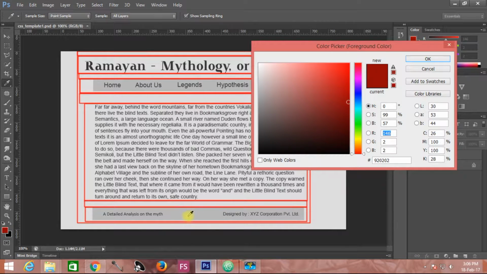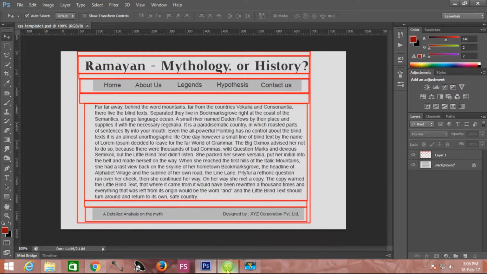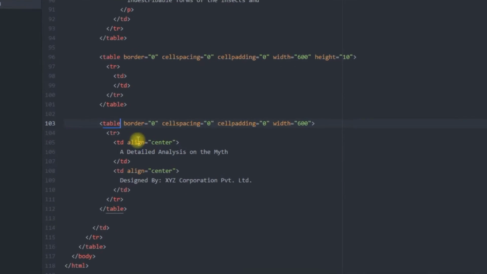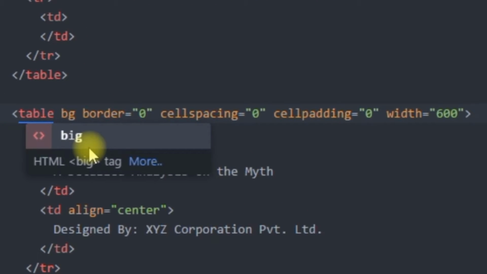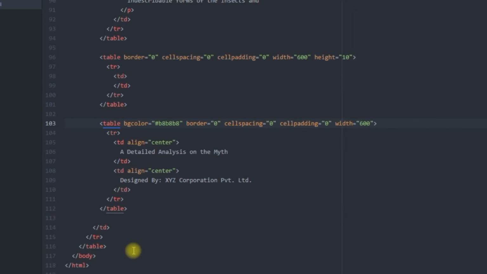So all you need to do is to take this BG color code, copy it, get back to our project, providing this particular BG color over here. Always provide the hashtag first and then press Ctrl V.